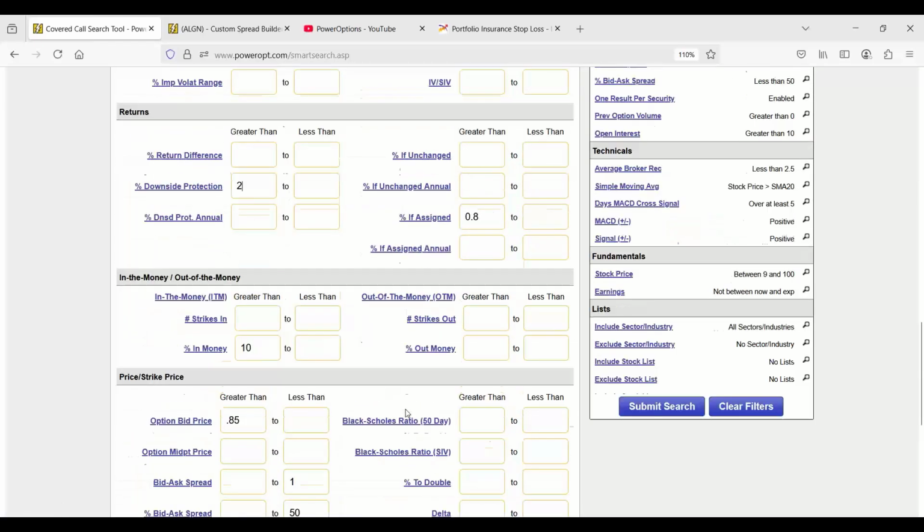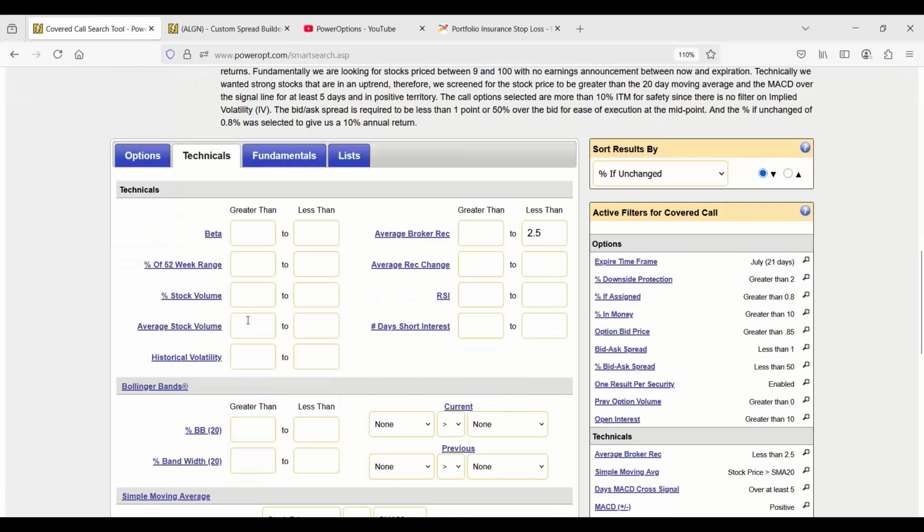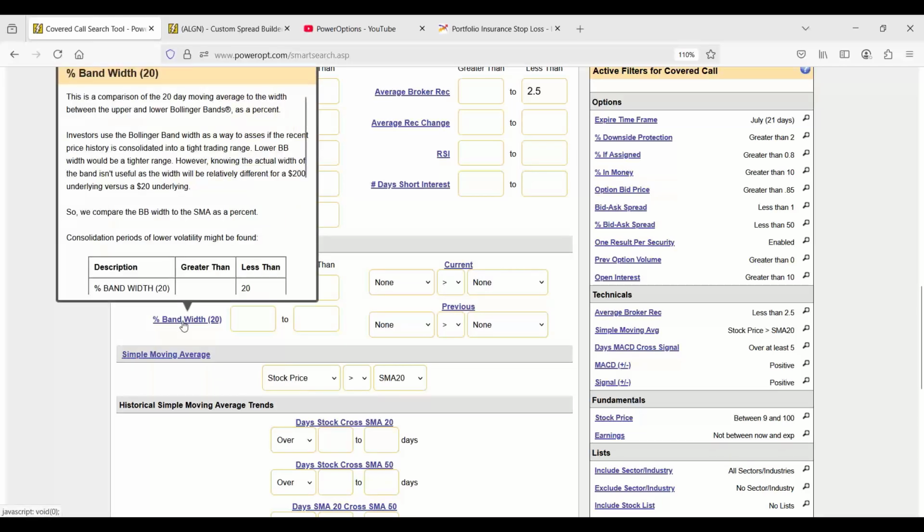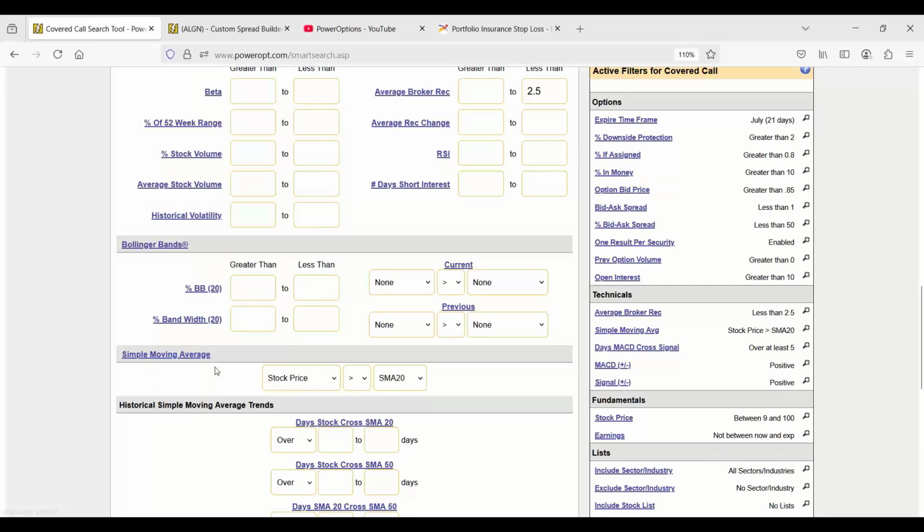and liquidity. And of course, the technicals you can use: beta, stock volume, average stock volume, stock volatility, RSI, Bollinger Band ranges, Bollinger Band width. We have a lot of customers that like to look for those breakouts using that channel. When the percent Bollinger Band width between the Bollinger Bands is less than 10 or less than 15, Ernie likes to look for the breakouts the other way, when the stock just jumps above an upper or drops below a lower Bollinger Band. Those are default searches in the buying calls, long calls, and buying puts, long puts strategies